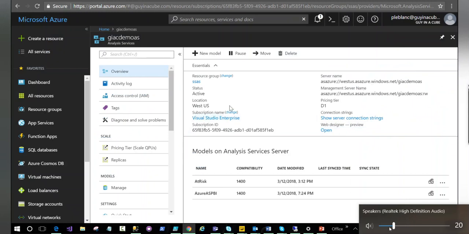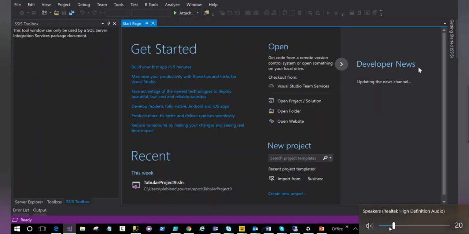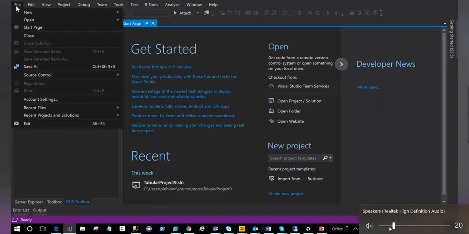server name, and once you grab the server name, you've got two choices. You can click right here and say Open in Visual Studio. It's going to download a zip file. You extract it, you open it, and then you've got that. Or what I like to do, because it seems to be a little more efficient to me, is I go File, New Project,